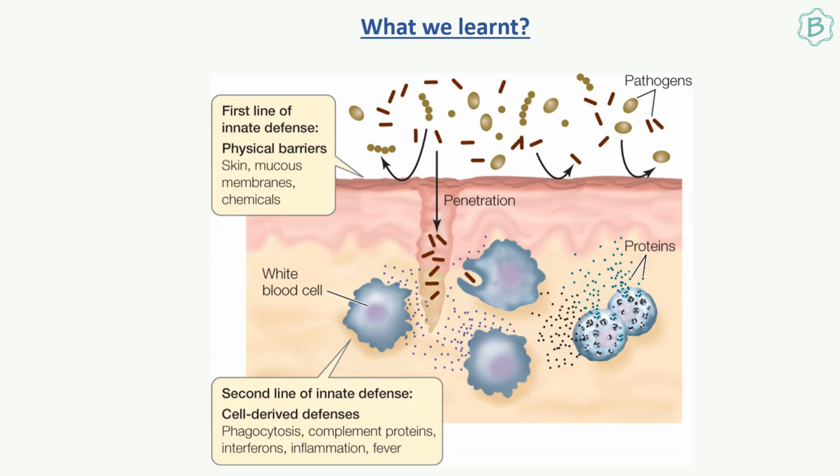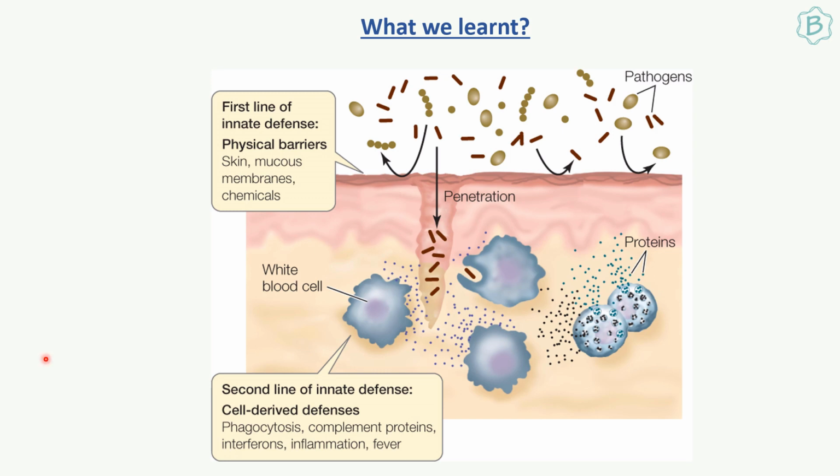So, this is a short recap of what we saw today. First comes the first line of defense, which would include your physical as well as your chemical barriers. These are your anatomical barriers. So, the pathogen which is present on the outside would ideally not be able to penetrate these physical barriers unless there is a small break. So, over here you can see that the skin is broken. So, this serves as the site of entry for the pathogen. It would now be able to penetrate the physical barrier and it has now reached the internal tissues.